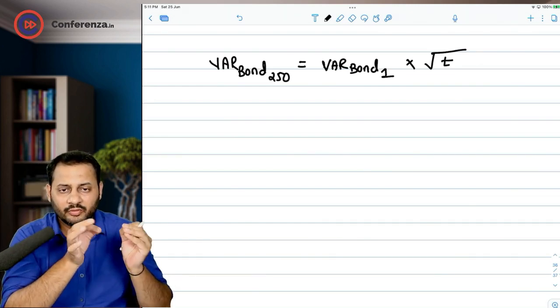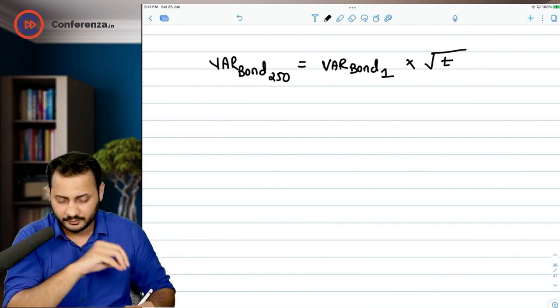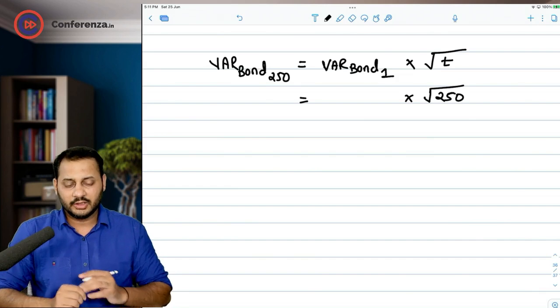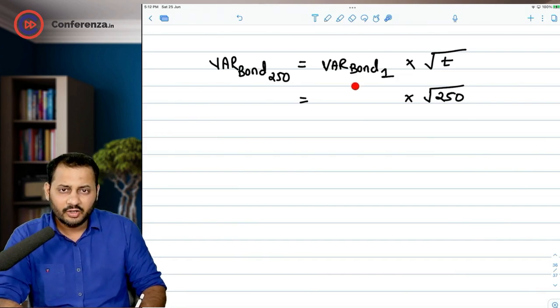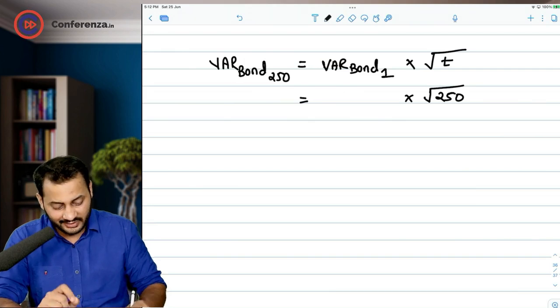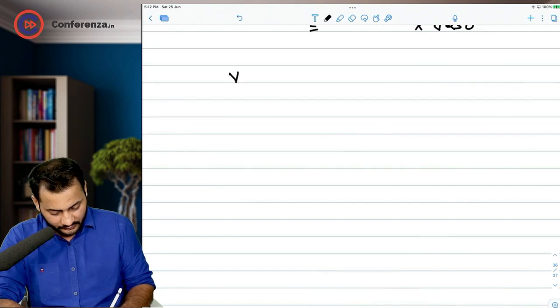VAR of the bond for 250 days is equal to VAR of the bond for 1 day under root T. Cool. We know this figure that under root T is nothing but under root 250. Now, in order to calculate VAR of the bond for 1 day, we will have to calculate VAR of the bond for 1 year. How to do that? For this, you will need to understand that